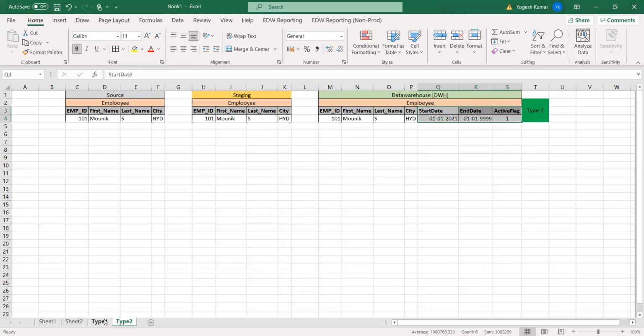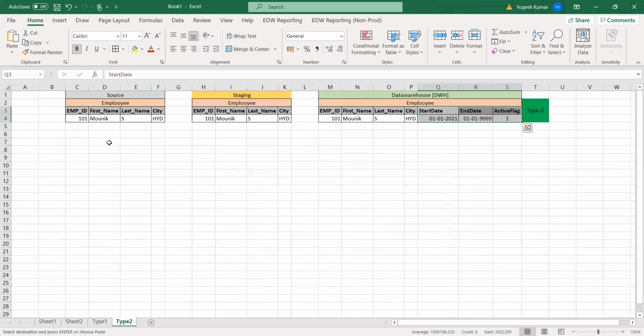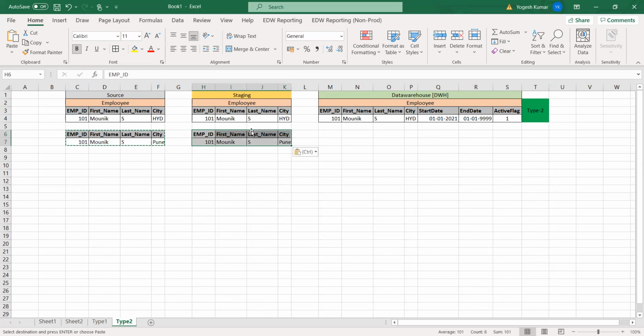The next step was this user moved to Pune city, after a couple of months. So the same record will be loaded into the staging, right? In staging, we will have this record.